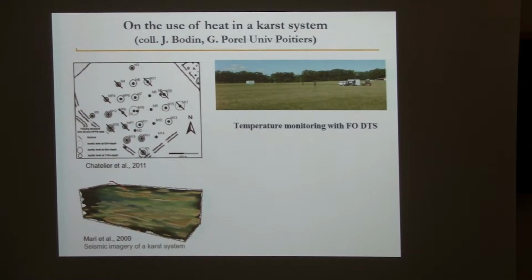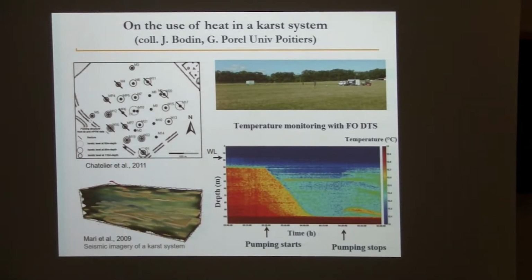105 meters. And what we did is to monitor temperature with fiber optic DTS while we were pumping in that borehole, and we installed the temperature monitoring in this borehole. So that's the borehole followed, but we did that in many boreholes, and it allows us to really understand what are the temperature change and what are the flow change and flow connection between the pumping borehole and the observation